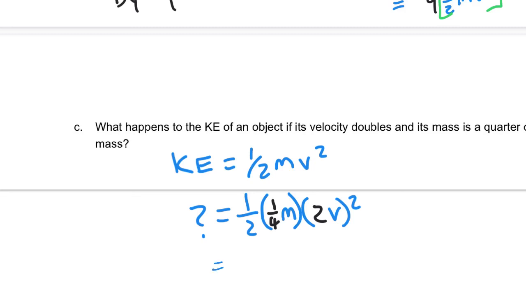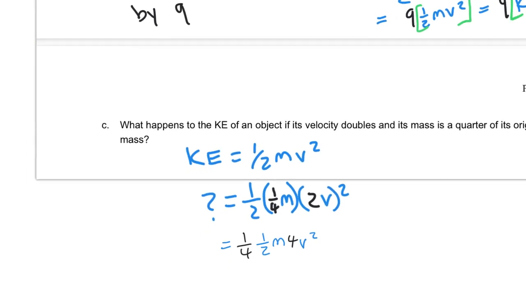So let's see. Let's bring that 1/4 out first. So we're going to have 1/4 out front. And we still have the 1/2 here. We'll worry about simplifying it later. Now, remember that the exponent of 2 gets applied to the 2, and the exponent of 2 gets applied to the v. So that would become 4v squared. And then I would put all this new stuff out front. I'll keep it in black. So it's going to be 1/4 times 4 times 1/2